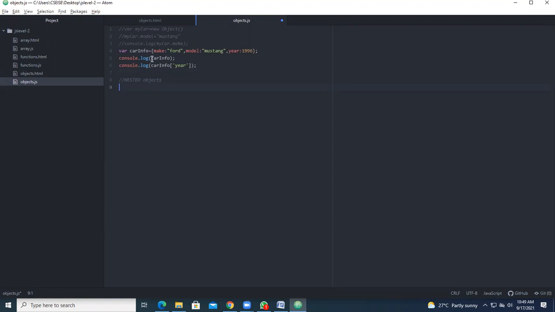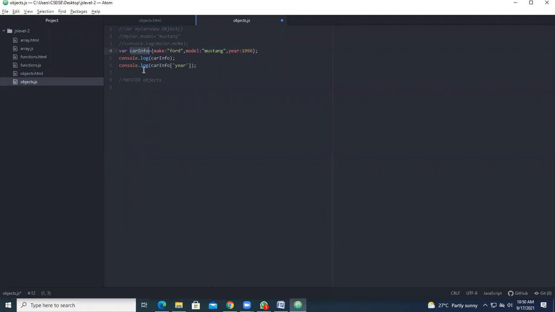Can anybody tell? This is the nested objects. Either you can nest the key or you can nest the value. Which one can you nest? Understand here, this is an object.